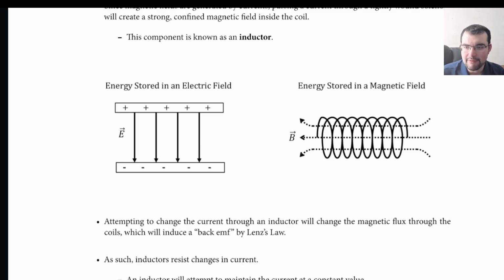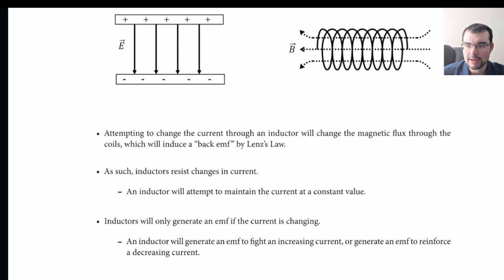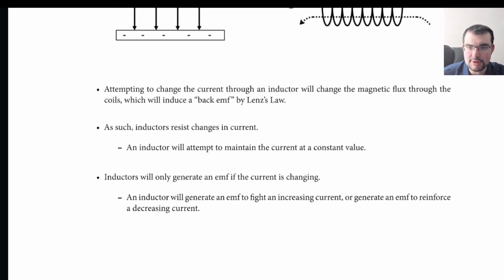A defining feature of inductors is that since these are a bunch of tightly wound coils generating a magnetic field, any attempt to change the flux through these coils is going to result in an EMF because of Faraday's law. So these inductors are excellent at opposing changes in current. Inductors don't fight current, but they fight changes. And that sounds a lot like Lenz's law, right? Where we said if you're trying to change the flux through something, there's always going to be a back EMF